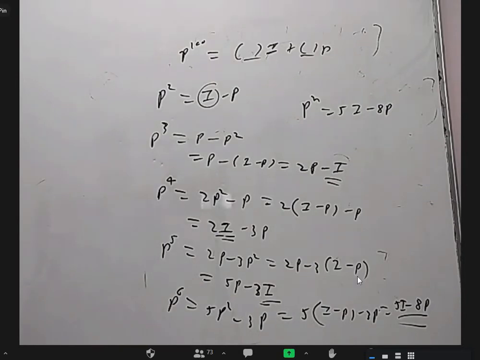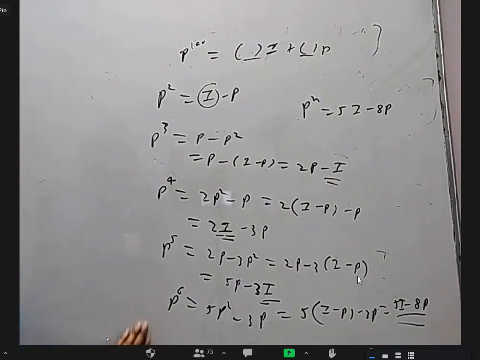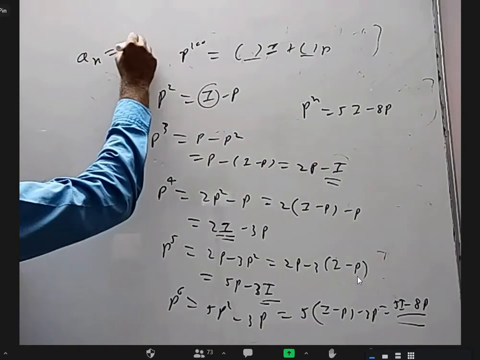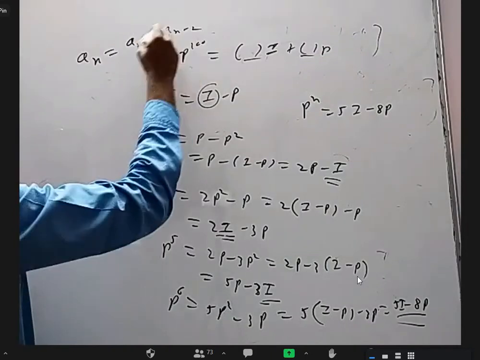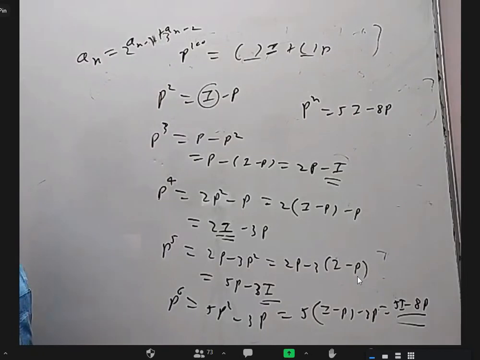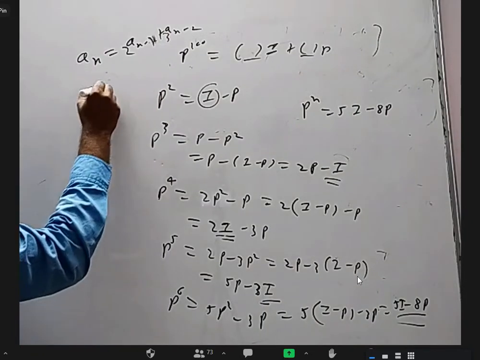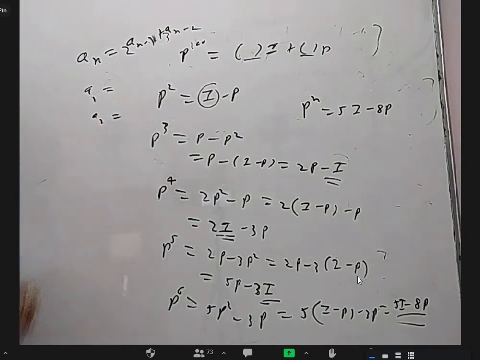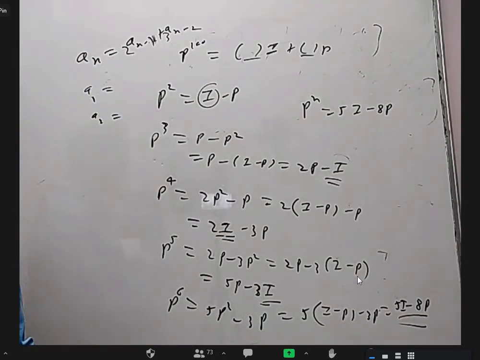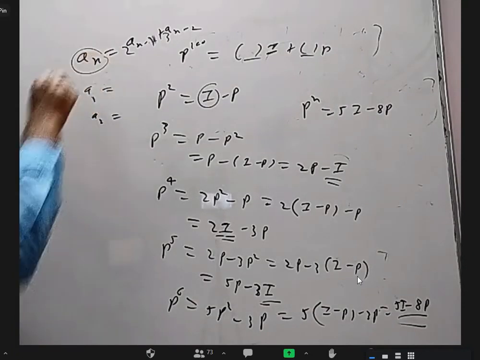Okay. So has anybody heard of Fibonacci sequences anytime? Yes, sir. But what is the sequence rule? You have something like an equal to an minus 1 plus an minus 2, or 2 times an minus 1 plus 3 times an minus 2. Something will be there. They will give you the first term and the second term. Keep on using this formula. You can find the third term, fourth term, fifth term, sixth term, like that, right? Yes, sir. So for some of them, telling the nth term directly is very, very easy.